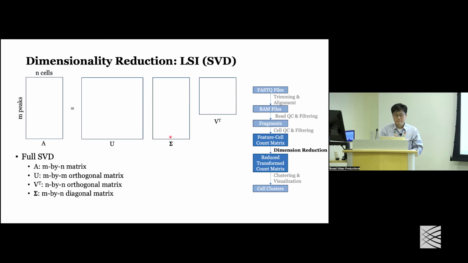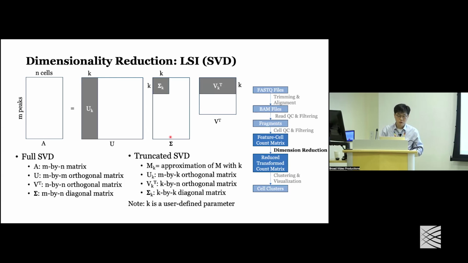But this doesn't really do anything about feature selection or dimensional reduction. What we actually apply is truncated SVD. So instead of using the full matrix, we only select the features that capture a certain proportion of the variance. In this situation, instead of capturing the full matrix, we only care about the first k features to approximate the original matrix. So sometimes it's called embedding features and cells into these k features, but